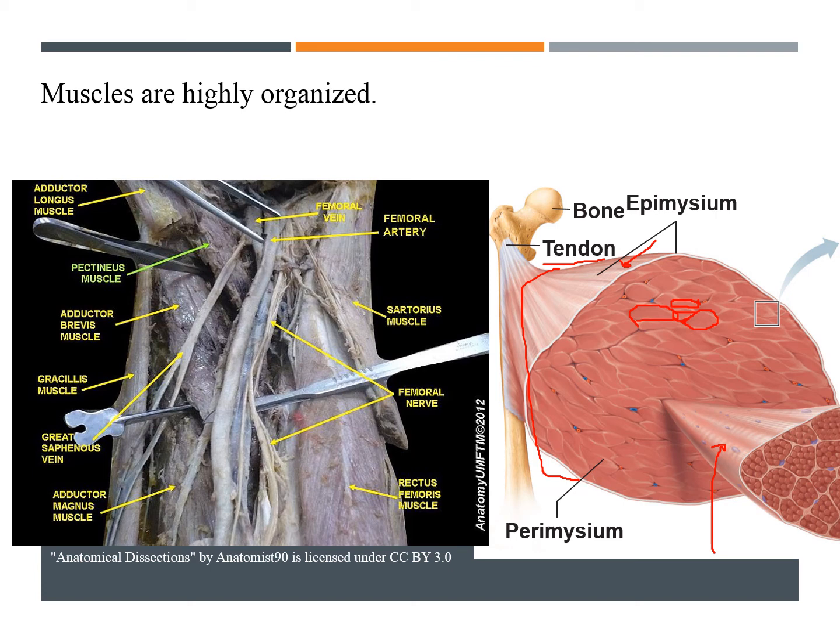Deep to the perimysium are myofibers, or muscle cells. You can see one here. Here's one. Here's another one. So these are muscle cells. Each muscle cell is surrounded by the endomysium, which is this kind of pinkish outline that you can see surrounding